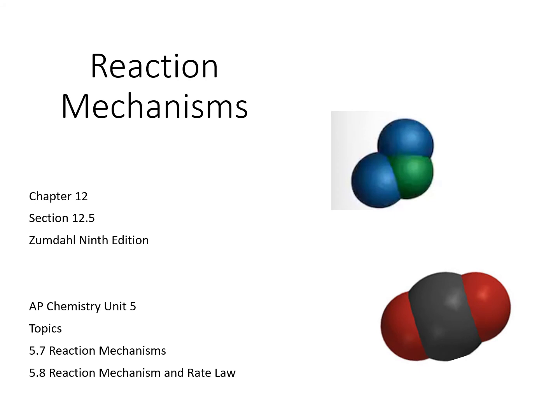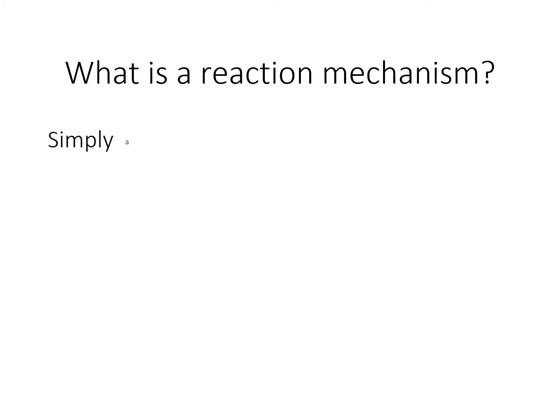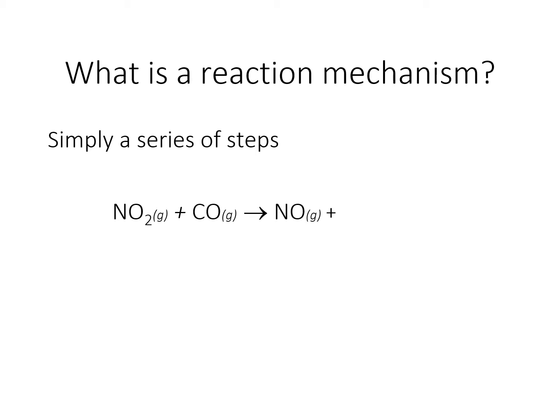Reaction mechanisms. These are the in-between steps from going from your reactants to your products. So what is it, the mechanism? It's a series of steps. If we look at nitrogen dioxide plus carbon monoxide, the products are NO and CO2, but a lot happens in between. It doesn't go directly. From experimentation, they know the rate law is an overall second-order reaction with respect to nitrogen